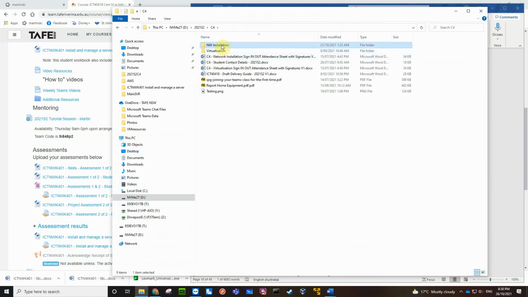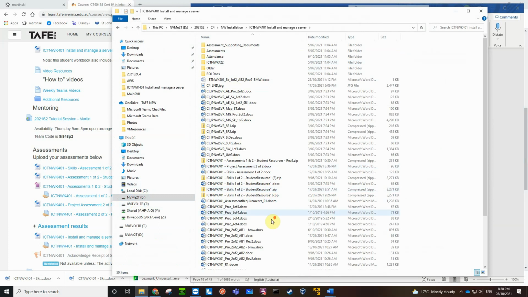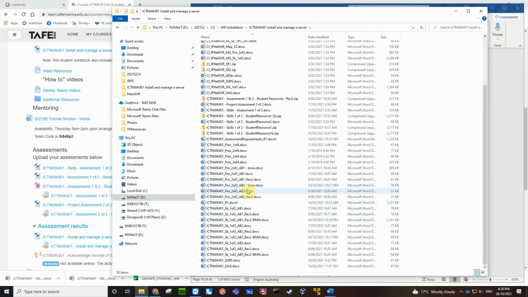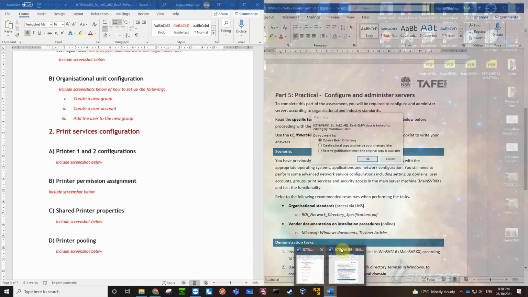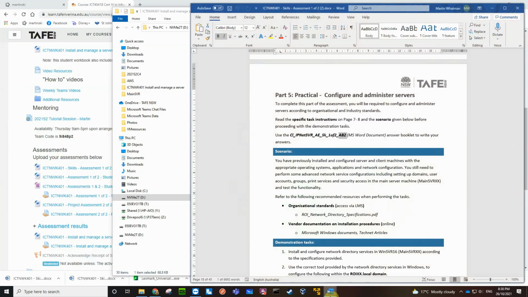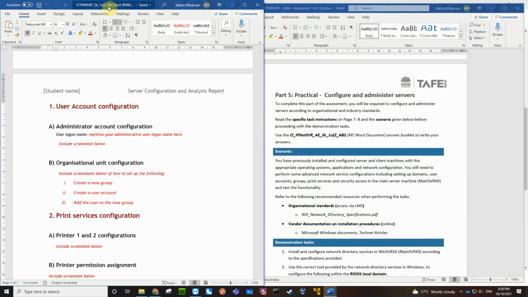Cert 4, networking, install and manage a server, answer booklet 2, it's the skills, first assessment, answer booklet 2. Why is it open a read-only copy? Or if I've already got a copy open, that's why. Okay, so here it is. Here's answer booklet 2,